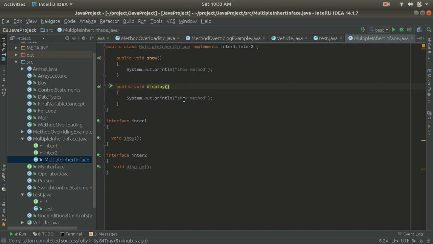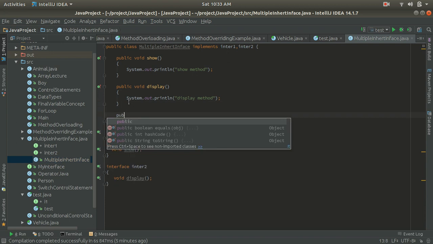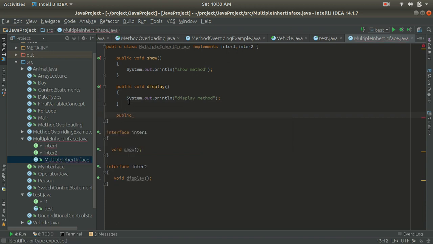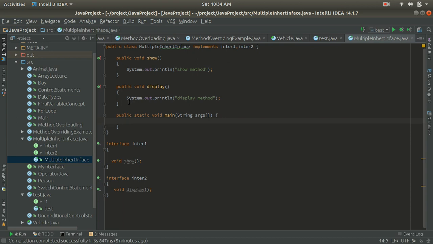Inside this I will write a display method. Now I am going to create a main method in this class: public static void main String args. Inside this main method I am going to create the object of the multiple inheritance interface class, because we cannot create the object of the interfaces inter1 and inter2.